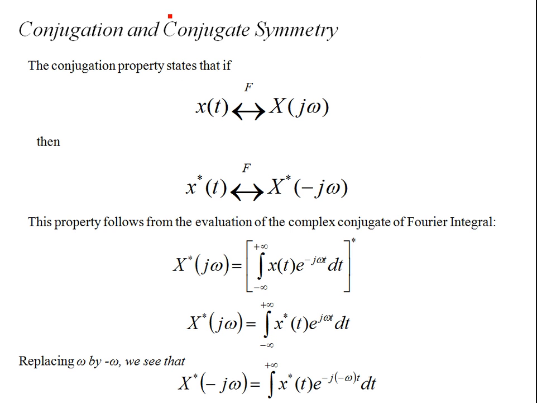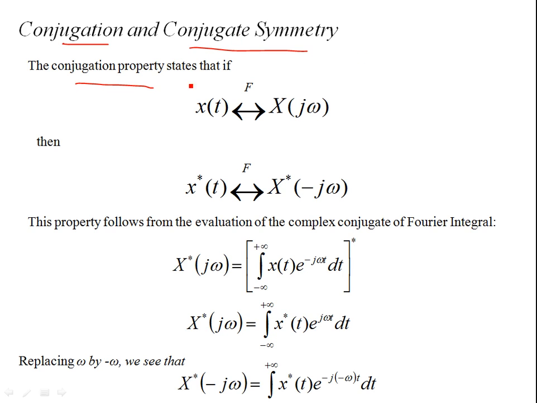Okay, x(t). All right, let's go ahead and discuss another useful property, that is conjugation and conjugate symmetry. This is the property we will be dealing with more often than the other properties, because if x(t) is a real signal, the Fourier transform will be conjugate symmetric. That means you don't need to show the transform for both sides. The transform for omega greater than 0 is good enough. If you know the transform on one side of the vertical axis, you know the Fourier transform on the other side, because there is a conjugate symmetry. So it's a quite useful property again.